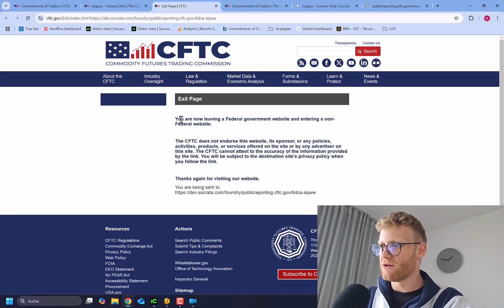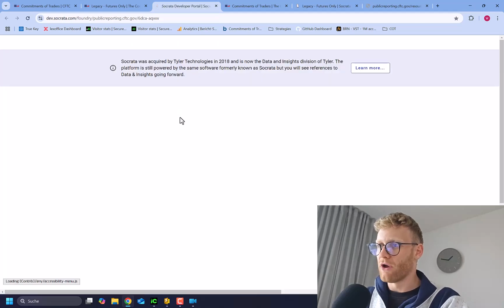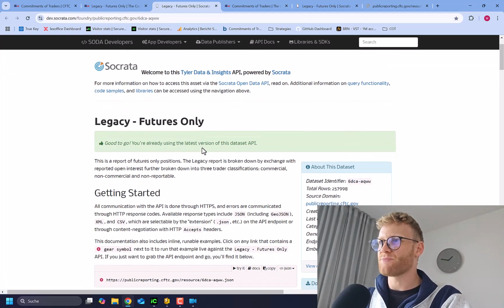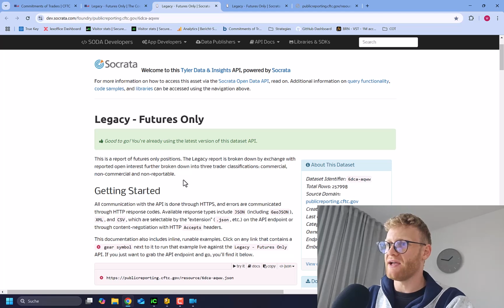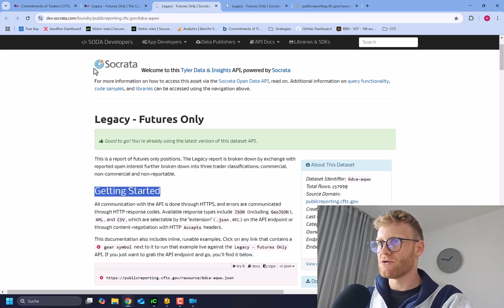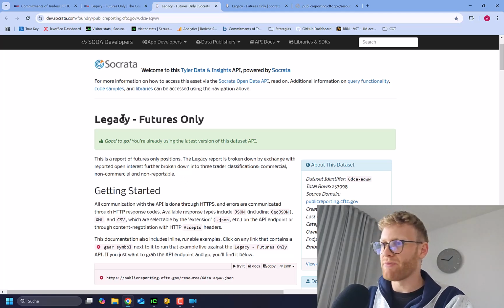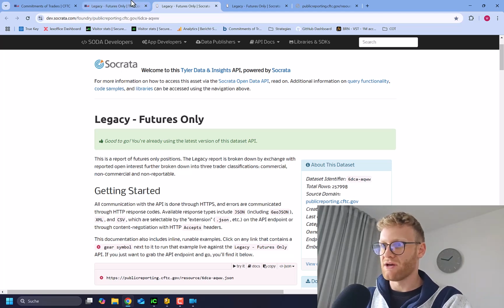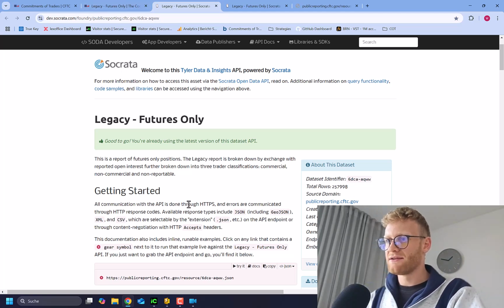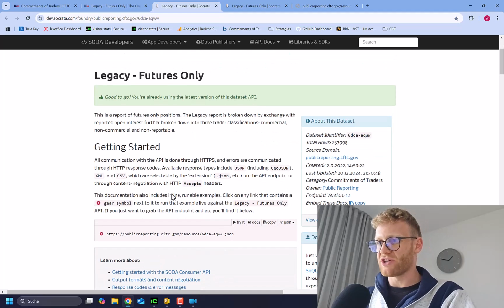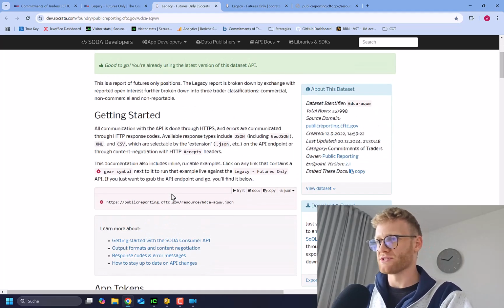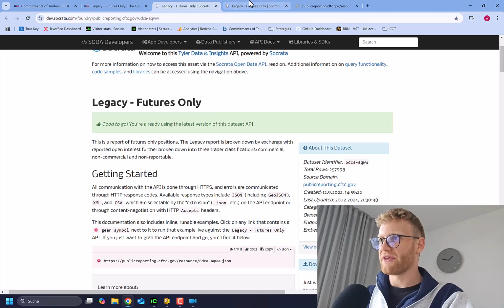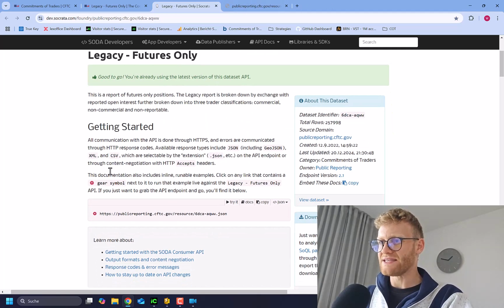So now we're leaving the federal government website and we go to a non-federal website, as the text says, and this is the API that is, I think, implemented using a third-party backend, which is Socrata. I did not really dive deep into this topic. I just had a look at the API and how we can use it. But if you're interested, you can read everything that is on this page, and here you can see how exactly